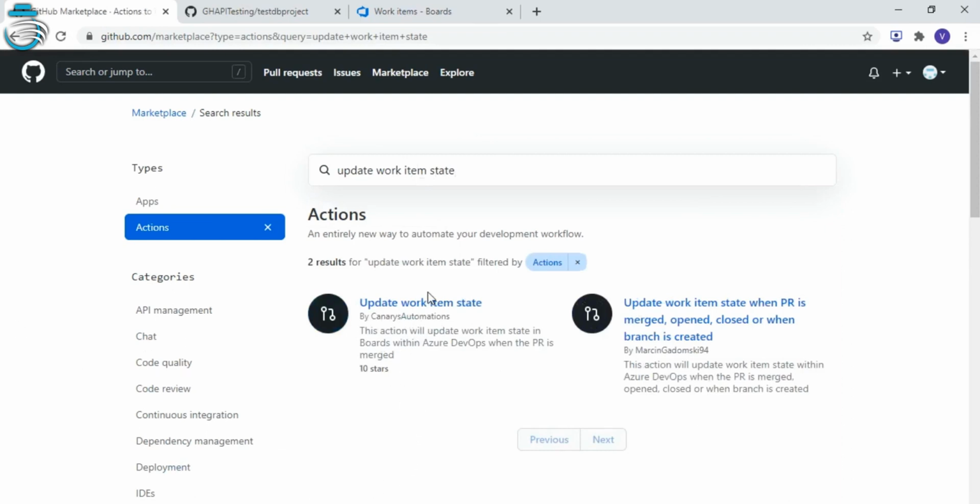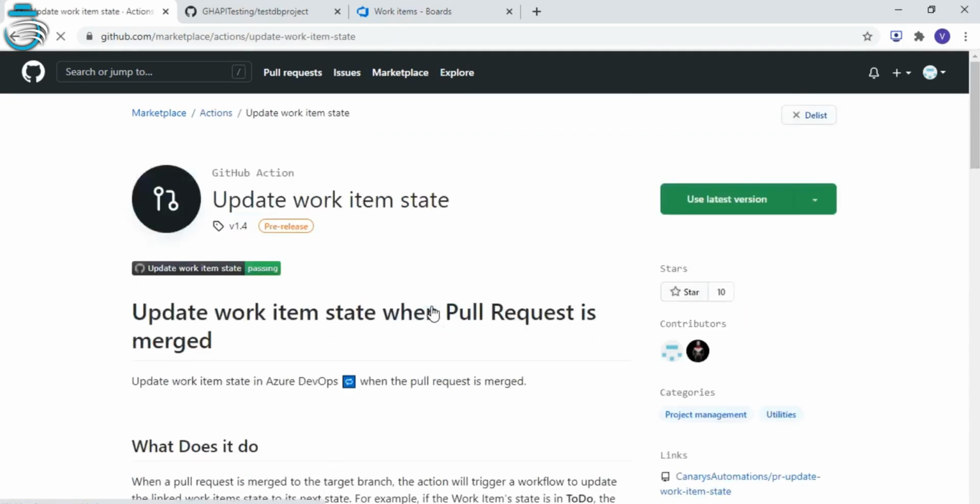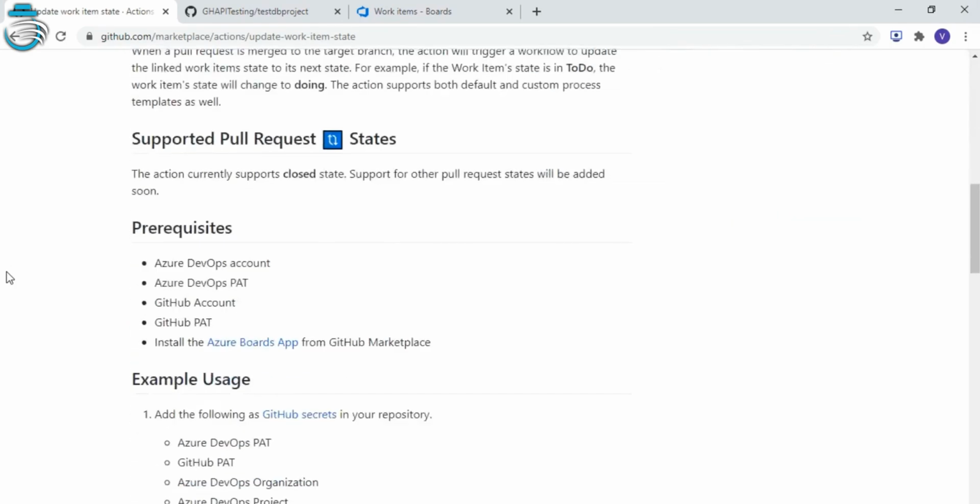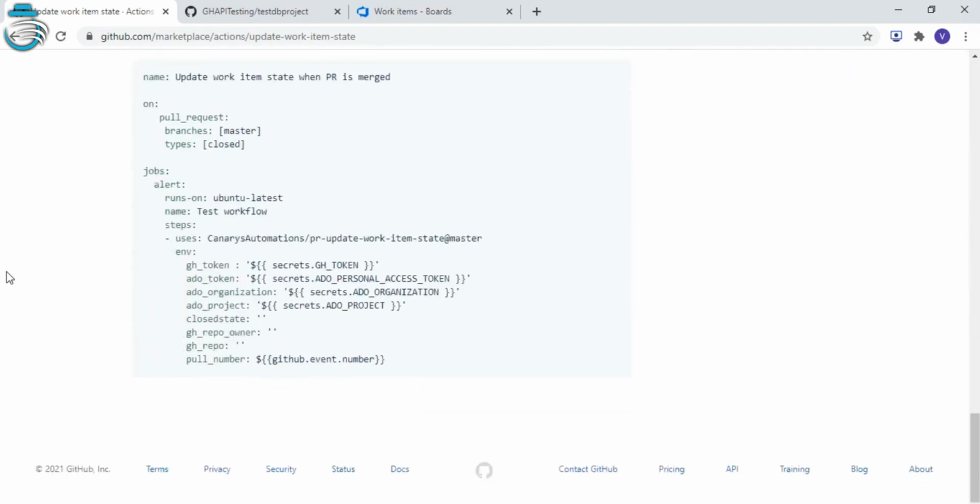The action from our organization is the Update Work Item State action. You can open this, and on this page you'll be able to see a sample workflow which you can use inside your action and trigger the workflow.